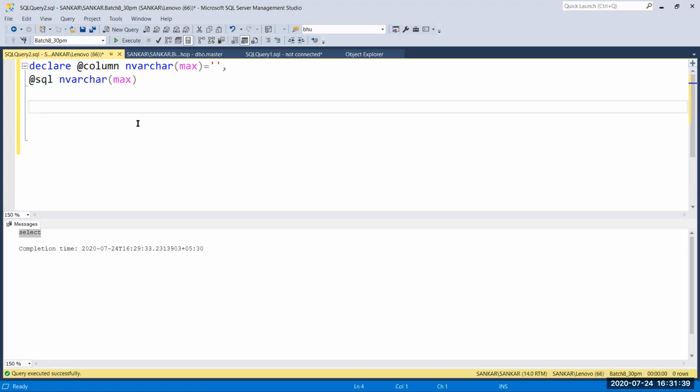Here you need to give a semicolon, because in the next step we are going to use the WITH operator. The WITH operator is used to name your query. It helps to give a name to your query. Let's see how to do that.